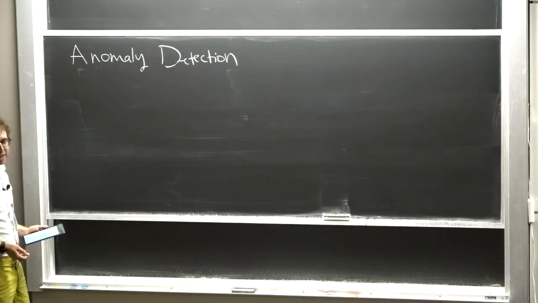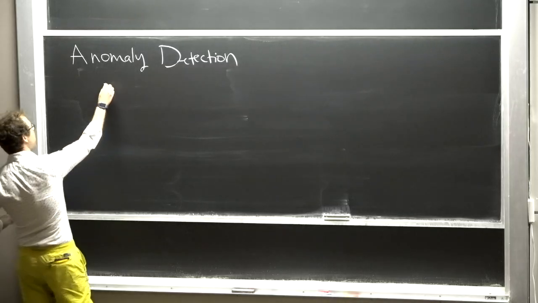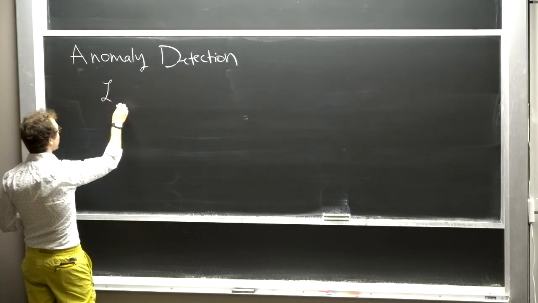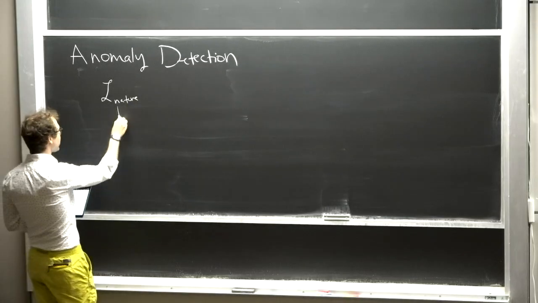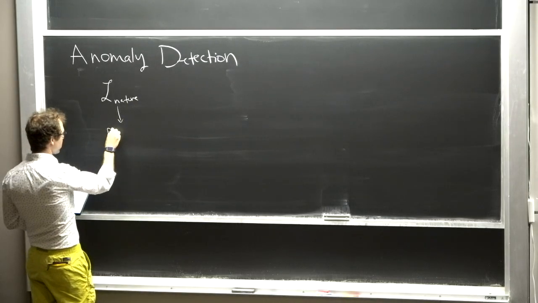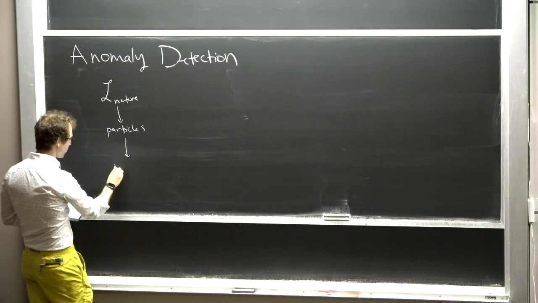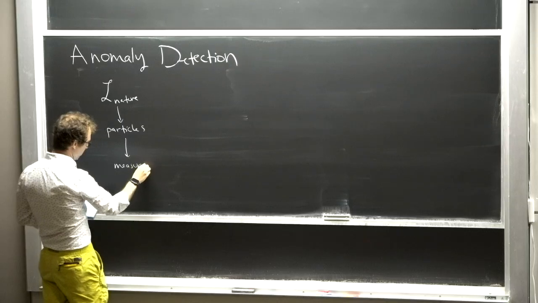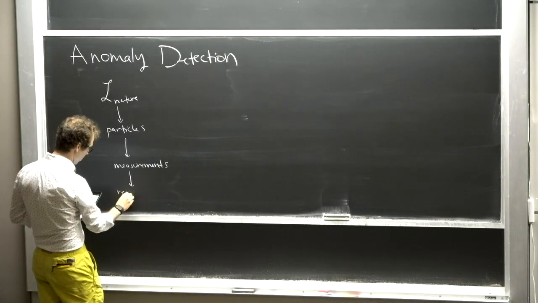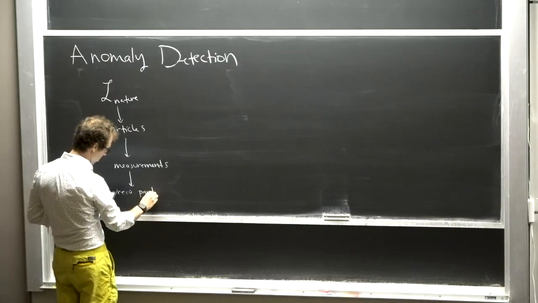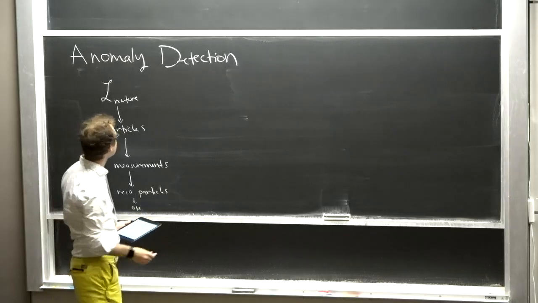So the theme today is anomaly detection as we continue to explore data analysis and particle physics. And I'm going to draw the same picture I've drawn a couple of times. Our goal is to understand nature. We do that by performing some experiment, for instance, colliding particles, and then getting out particles, making some measurements, reconstructing the particles, and then sometimes observables at the end if we can't accommodate high dimensions.